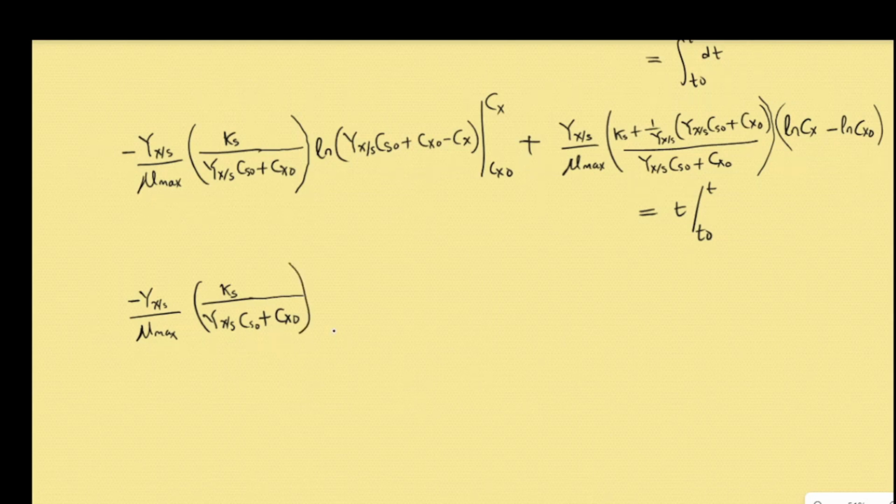So evaluating this one, we're going to get ln, follow me, Yx/s Cs naught plus Cx naught minus Cx, like this, and minus ln Yx/s, I now have Cs naught, right with me, then plus Cx naught minus Cx naught. Okay,